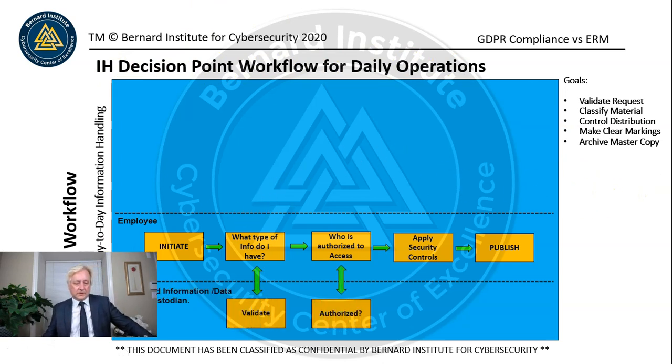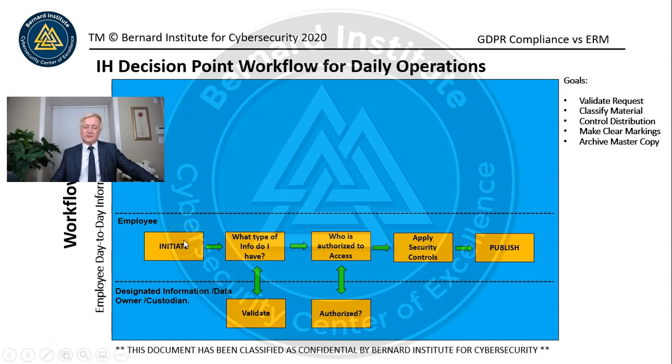Okay, so first of all, if the employee gets a piece of personal information, and we would have training and awareness around this, so we don't walk through the workflow necessarily on a day-to-day basis, but we teach employees how to do this, and then they go ahead and they do it. So if they have a question about what type of information they have, they may need to ask for clarification. So they may ask the designated data protection officer or the data owner or the custodian or whatever you might call them in your organization. So they clarify that. Who is authorized to it? Certainly the data custodian, they should know who's authorized to access their information because they were part of the process to approve that.